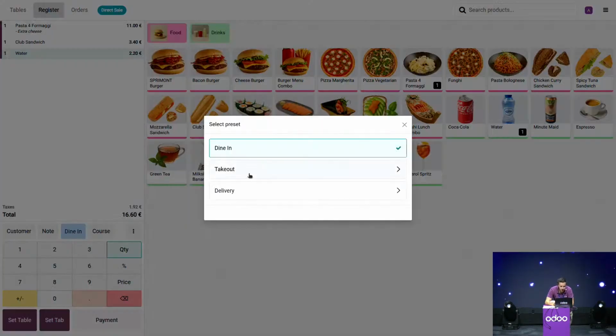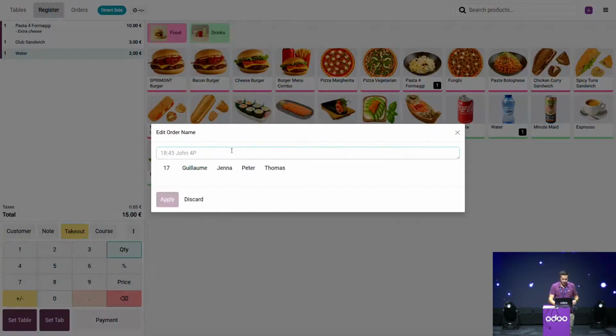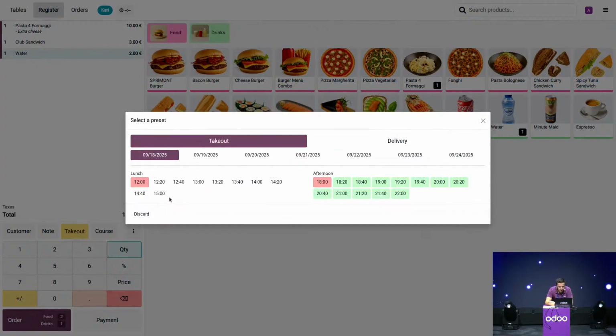And they want to take out. Nice, it's a new guest. Let's say Carl, and we can apply, okay? As you can see, the slot is full. I know directly that my 6 p.m. is full, so, okay,